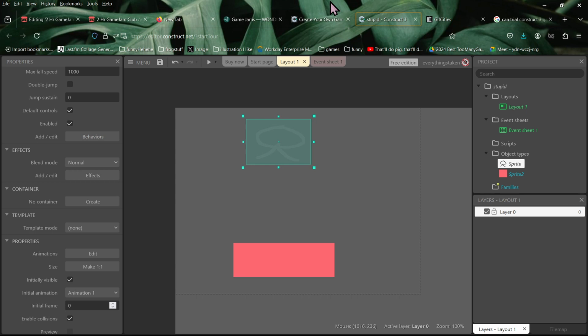Cool. Thanks for coming out, everybody. Okay. So we're going to be doing a 2-hour game jam with Construct 3. Is anybody here familiar with Construct 3? I love it. Yeah, it's cool. They used to teach it at Bloomfield, which Sam and I teach at.